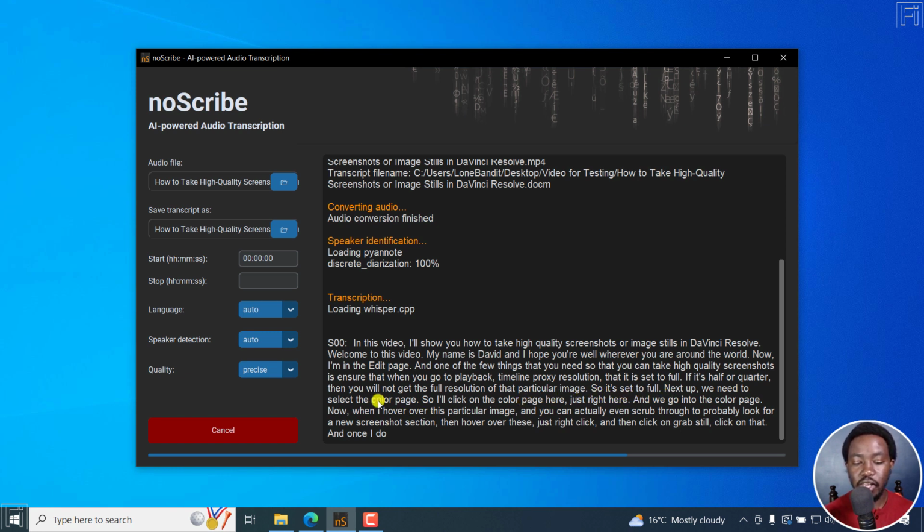Next up, we need to select the color page. So I'll click on the color page here, just right here, and we go into the color page. Now, when I hover over this particular image, and you can actually even scrub through to look for a new screenshot section, then hover over this, right click and then click on grab still. Click on that, and once I do,